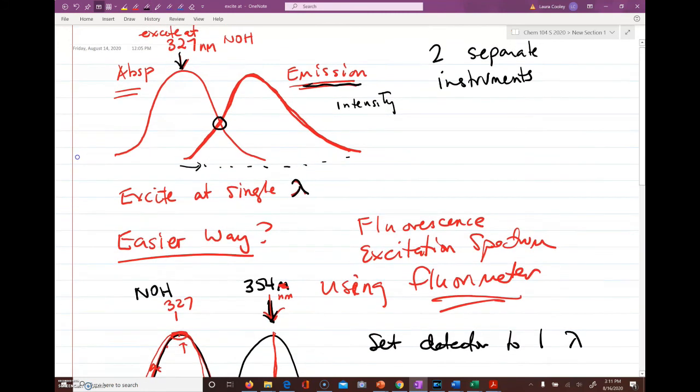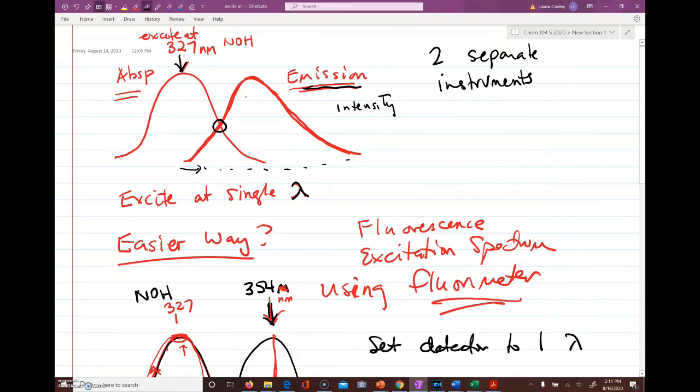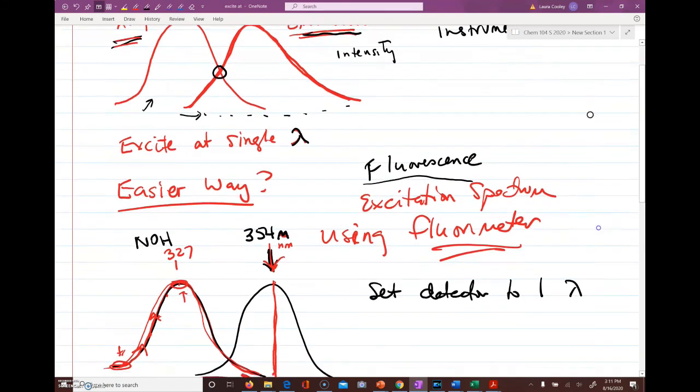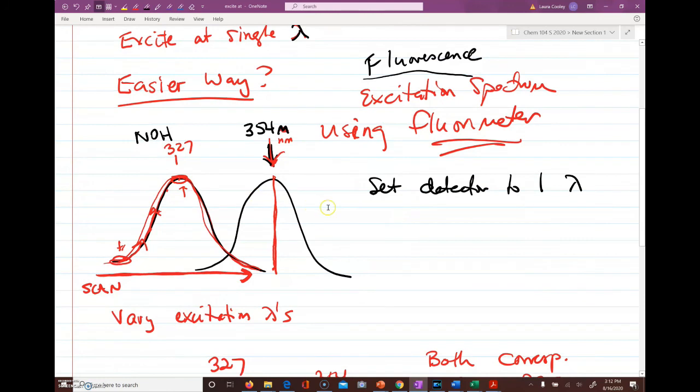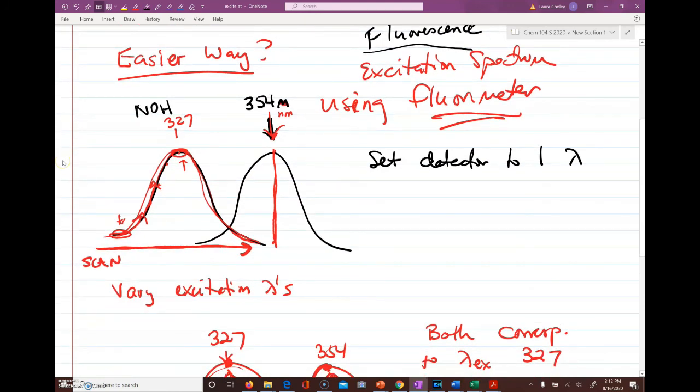Okay, so I said there's an easier way than using an absorption instrument and a separate emission instrument, and that is that instead of taking an absorption spectrum for this spectrum on the left here, I would take something called a fluorescence excitation spectrum. And we do that using the fluorimeter. The fluorimeter is the fluorescence instrument. And so what we do is we set the detector to one wavelength, which for the acid form of 2-naphthol would be 354 nanometers. So that means that our detector is only open to light at 354 nanometers, and it will detect the intensity of that light. So then what we do is we vary the excitation wavelengths